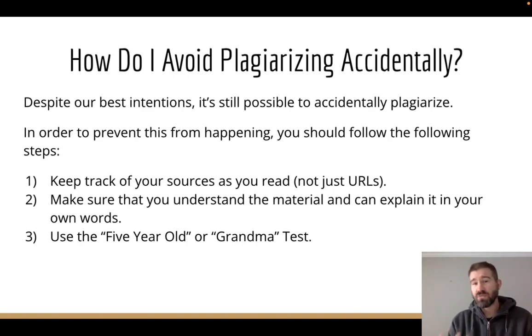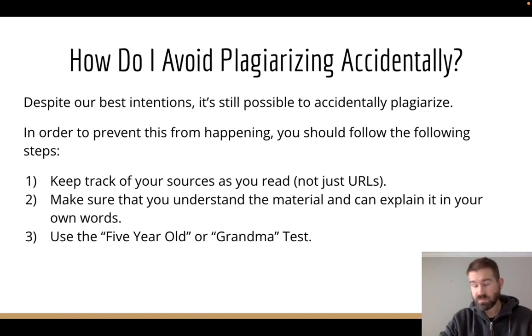Number 3 is what we call the 5-year-old or the grandma test. And if you've taken a philosophy class, you might be familiar with this. It's essentially try and explain a concept as simply as you possibly can. And there are some great YouTube videos out there where a professional, like a neuroscientist, will explain things at 5 different levels of difficulty. So they'll explain neuroscience to a 5-year-old, to an elementary school student, high school student, college student, and a graduate student. And what you'll see is when people fully understand a topic, they can usually explain it in the simplest possible